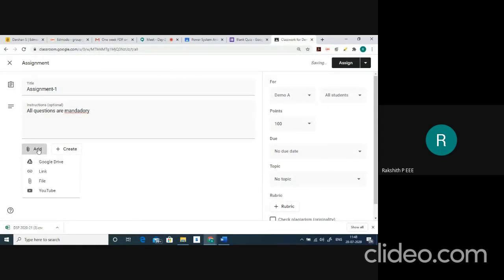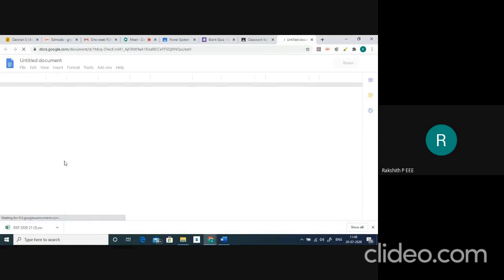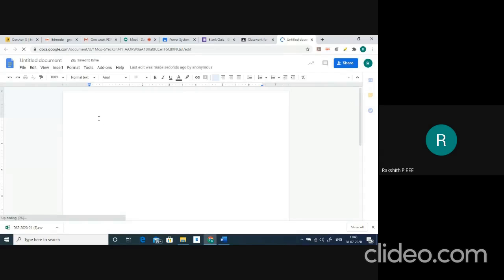You can add the assignment from Google Drive, or you can share link, or you can share file, or you can share YouTube link by choosing one of them, and you can post that to your students. Or if you want to create here only, you can select create doc so that a new document will appear.